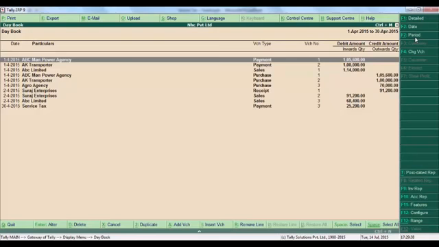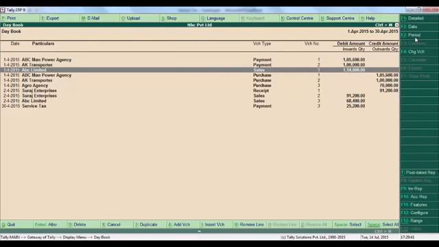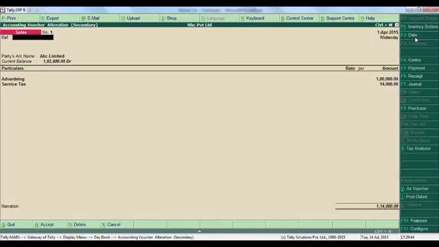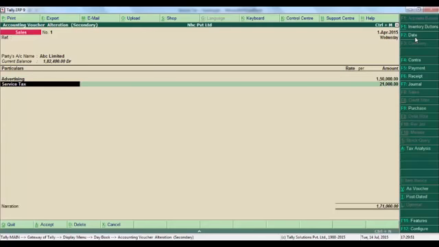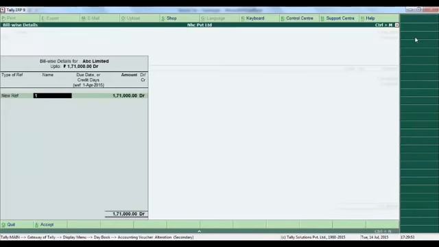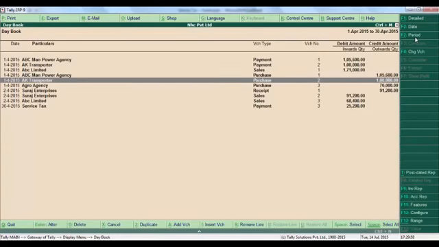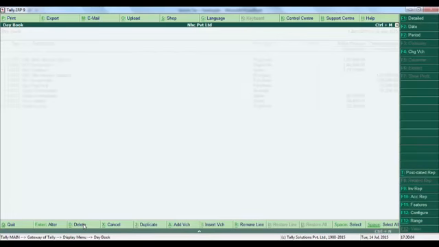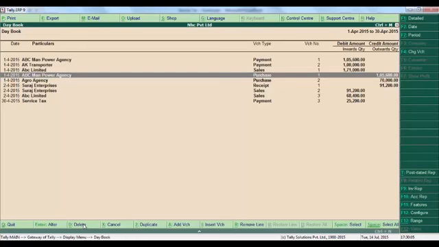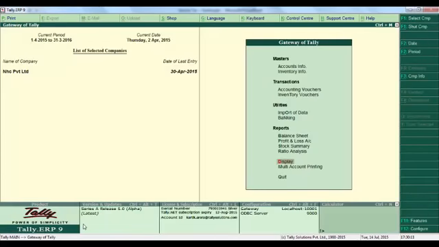Let's change a few entries. Let's change this rate to 1,50,000. Let's delete this entry. And so forth. Let us come back to the triangulation report and see